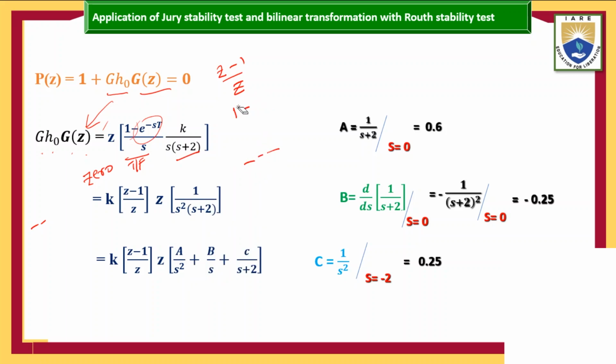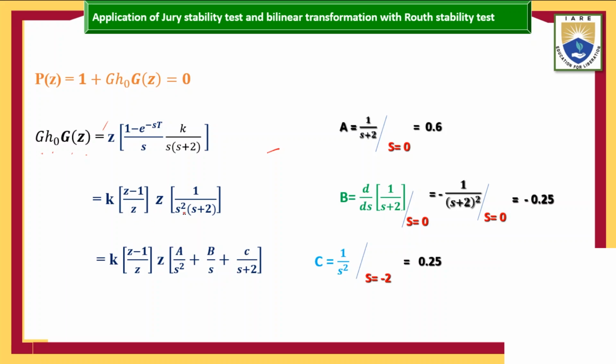Into the Z transform of the remaining term, 1 by s into s into s plus 2, that is s square plus 2s. This is just the mathematical calculation part. So it is the constant term, same z minus 1 by z into